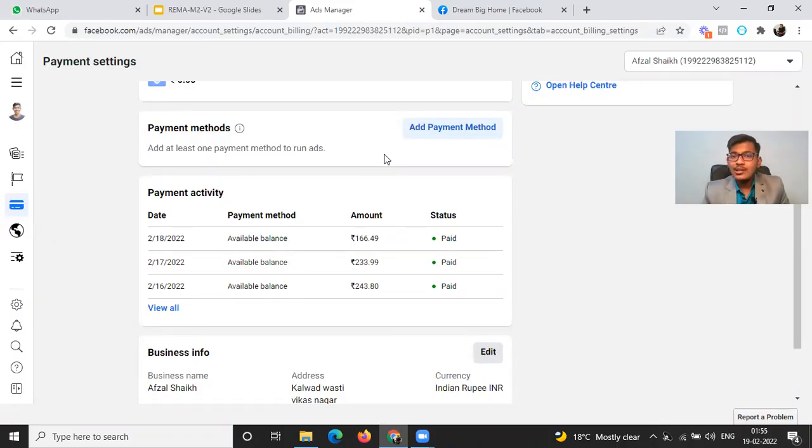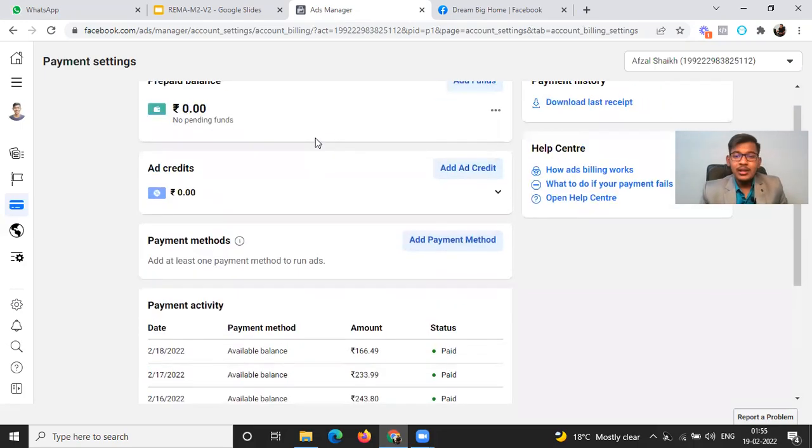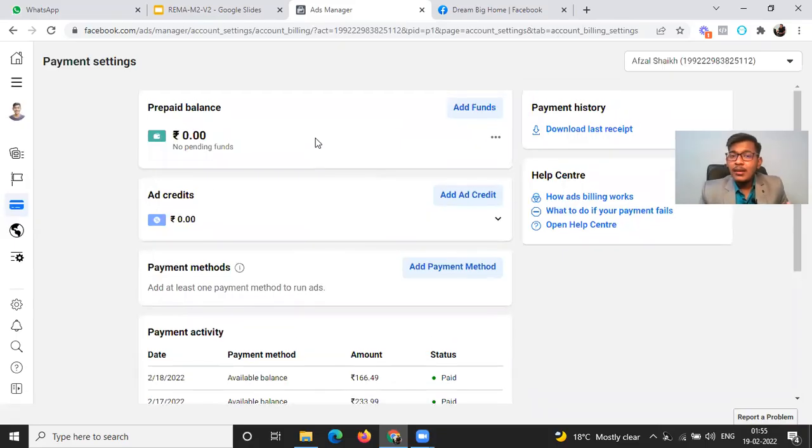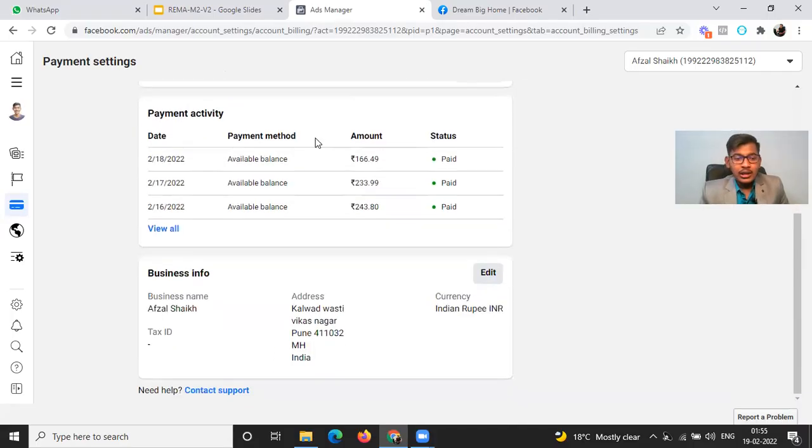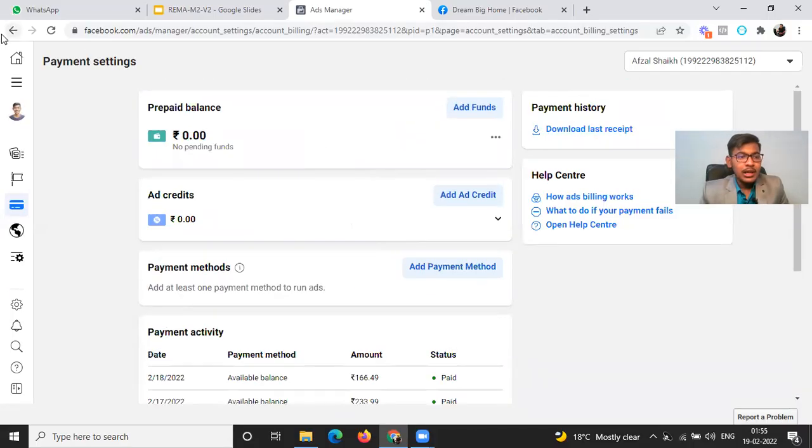So Facebook is a trustable company and you can completely trust it. Nothing would be charged on your card until you start running ads, right? So make sure you're adding the correct payment method, because the bouncing of the payment can also lead to disabling of your ad account. So make sure you're doing that. And apart from that,